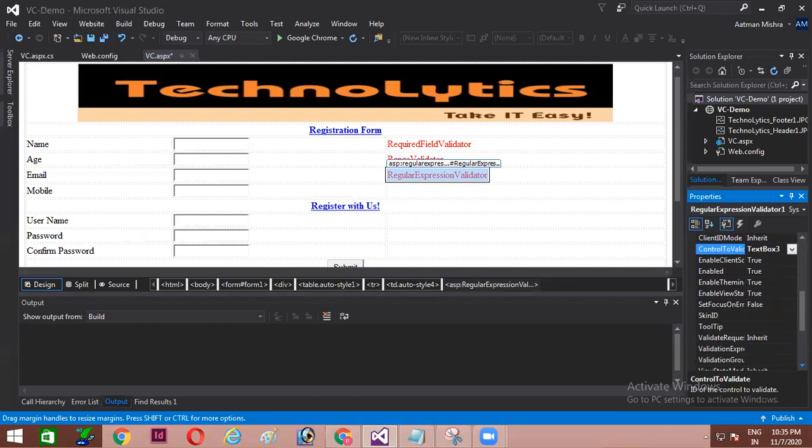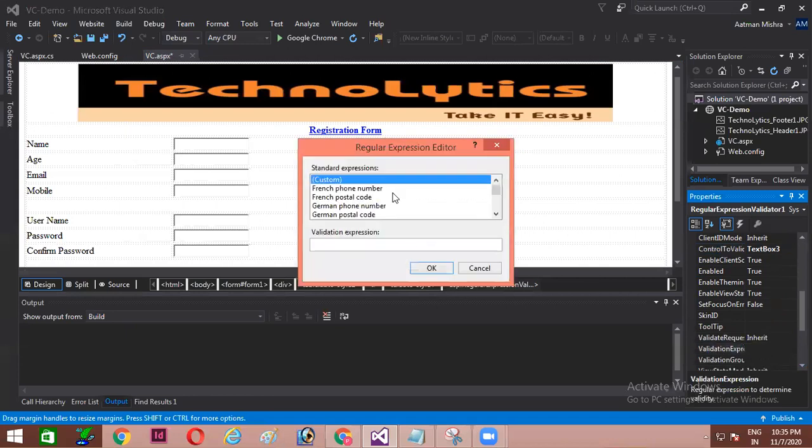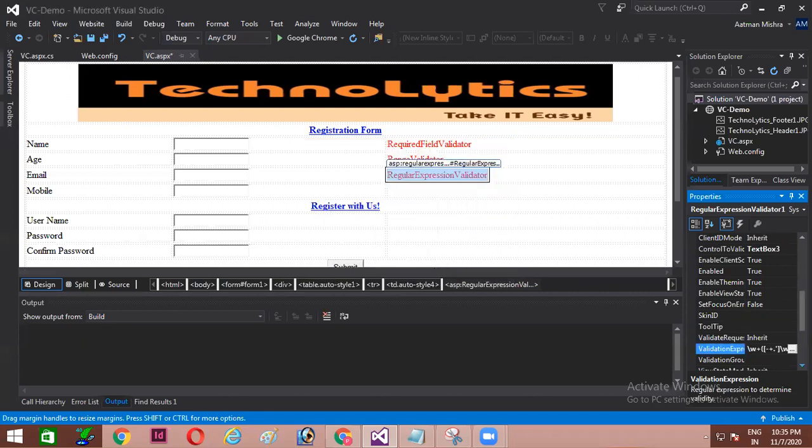Since it is my regular expression validator, I'll be using my validation expression box, this property. In this window, you all can see internet email address option is already there. So we need not think, guys, for the pattern. Pattern is already mentioned. So certain patterns are already given inbuilt in this ASP.NET. So simply use it, and then you can go ahead.